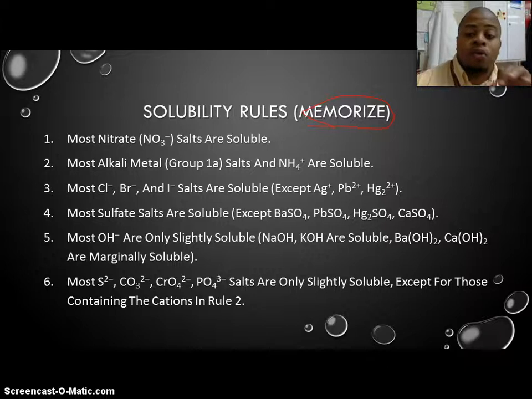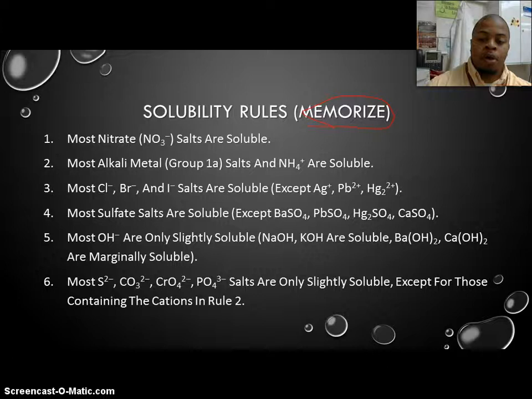Most hydroxides are only slightly soluble. The ones that are going to be definitely soluble are going to be sodium, potassium, barium, and calcium, which are going to be somewhat soluble. These are going to actually form most of your stronger bases, so they will dissolve very, very readily. And last but not least, we're going to run into some sulfides, carbonates, chromates, and phosphates that are going to be slightly soluble, except for those that we went back to rule 2, which are going to be our alkali metals. So our group 1 metals and ammonium are going to usually be